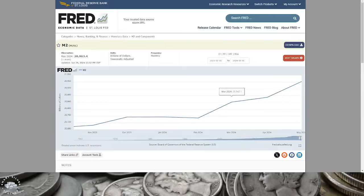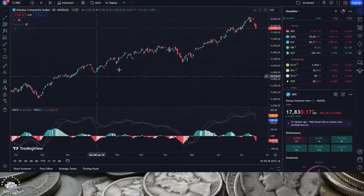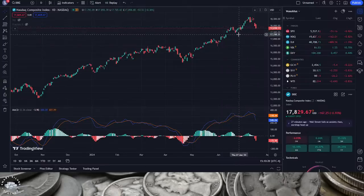And speaking of bubbles, I want to talk about that. I want to talk about the NASDAQ and tech stocks and what we saw happen over the past couple of days. So the NASDAQ has been putting in record high after record high after record high. The AI bubble, the chips, all this stuff, tremendous valuations for NVIDIA, AMD, you name it. ASML, the lithography company that makes the machinery to make these chips. Well, we saw